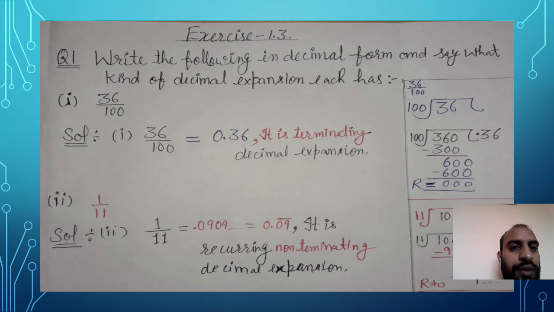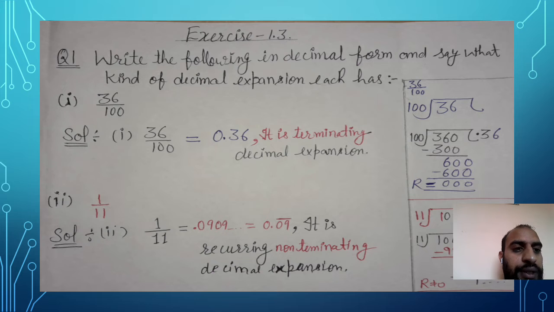In question number 1, write the following in decimal form and say what kind of decimal expansion each has. So here our task is to find out which type of expansions are there. First question I am taking, that is 36 upon 100. 36 upon 100 you can directly convert into decimal, that is equal to 0.36, and if you are dividing it